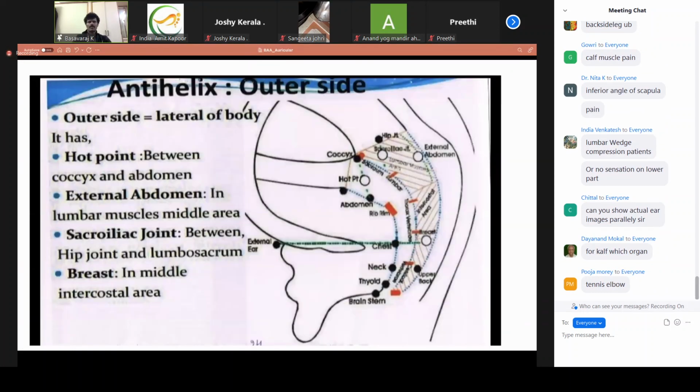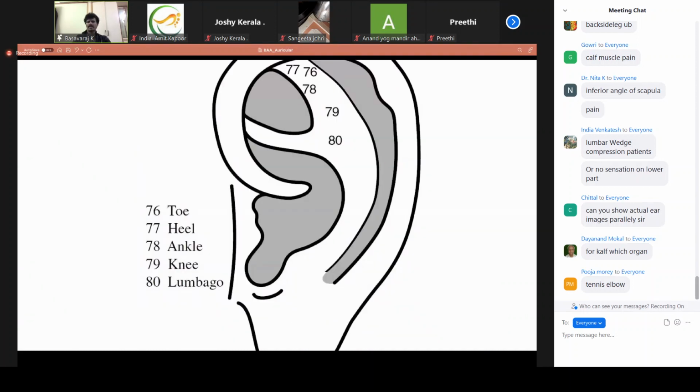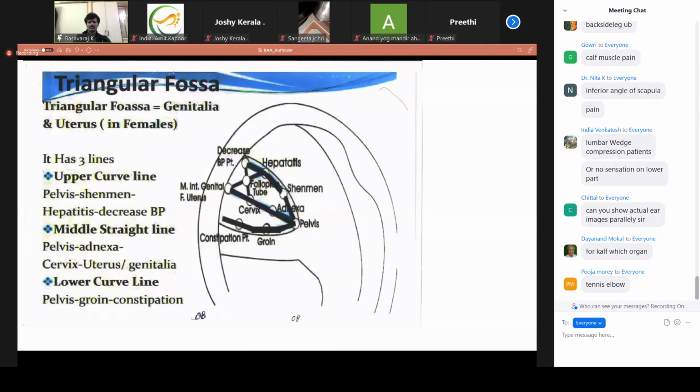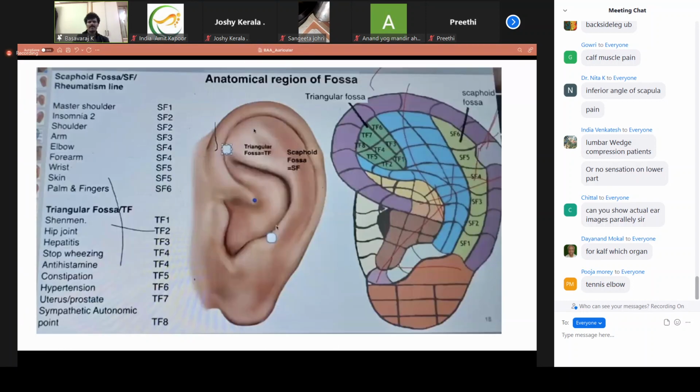Now there is one more important area which we are using, here is the triangular fossa. This is the area of the triangular fossa, which is divided into 8 different parts, subdivided into TF 1, 2, 3, 4, 5, 6, 7, 8. Totally 8 divisions. Okay. In that, triangular fossa 1 we are using for Shenman. So Shenman is a very important point in the auricular,